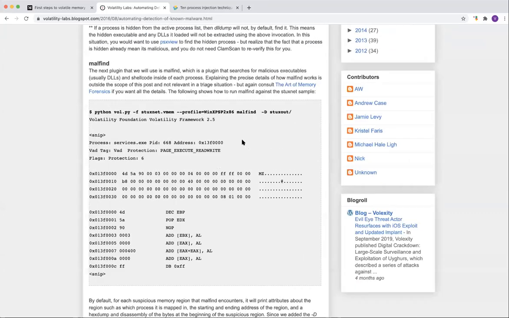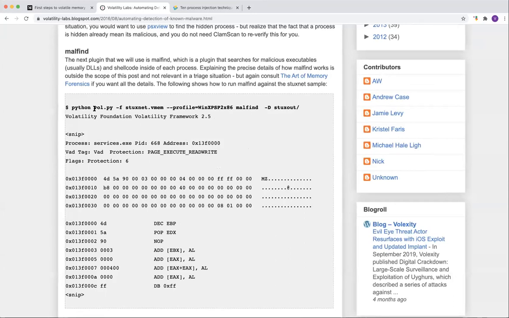And this is one of the things that I will tell. So the command is the same. You just write volatility.exe, give -f the file name of that RAM image, give the profile, and then you just type malfind. You don't need to type these things for now, you just type malfind.